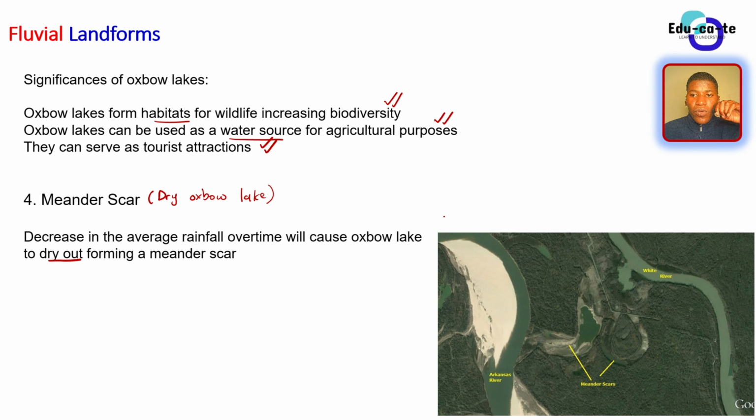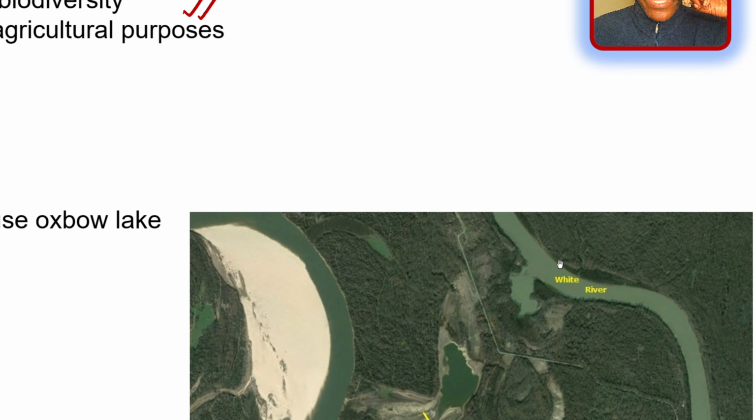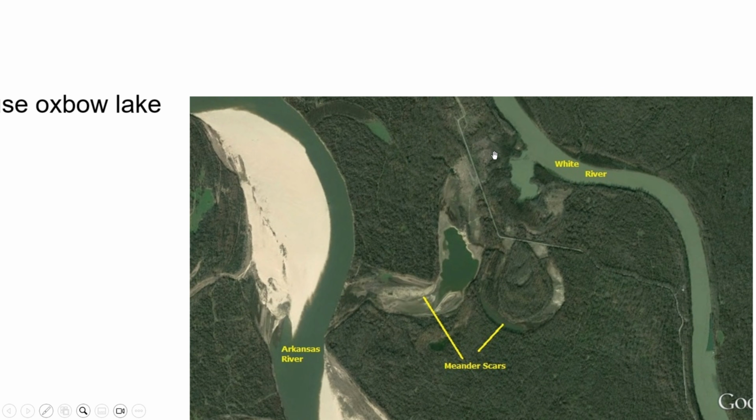Actually, you can look here very carefully. Observe here we have got White River. This is a label written White River, and here you've got a meander scar. It is just now a hole that is open. It is now just a valley that is dry without water in it. So this is known as a meander scar. It's labeled here meander scars. So meander scars are just now holes that were oxbow lakes when they had water after being cut off, but now they are just known as meander scars.